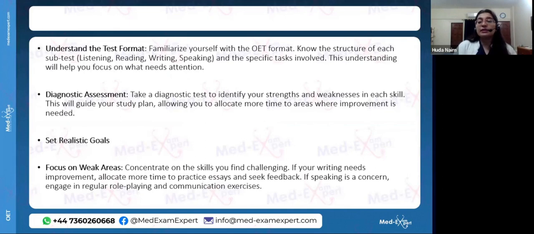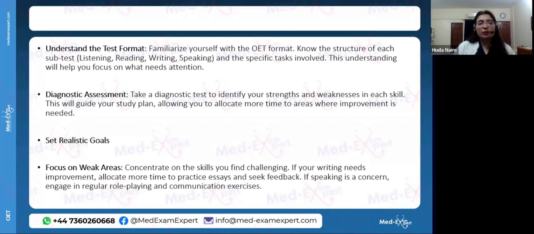So the first tip that I would give you, if you're planning to give the OET exam, is to understand the test format before you book the exam. A lot of candidates first book the exam and then start looking for the different exam patterns and the format of the exam. I think that's not a very good technique. First, understand the pattern of the exam, understand the test format, understand what the different subtests are, like we discussed right now, and what the scoring criteria and passing criteria are, everything. You should know everything about the exam before you decide to take the exam.